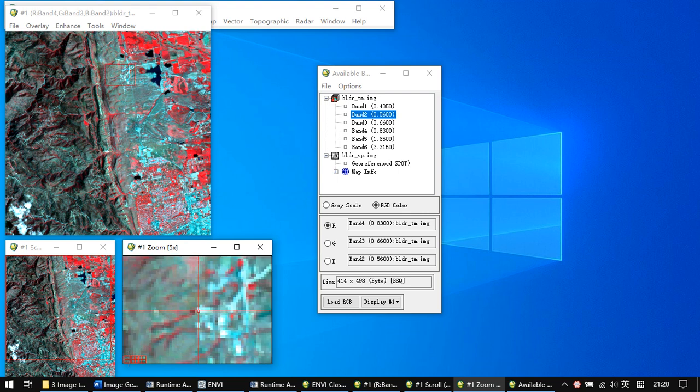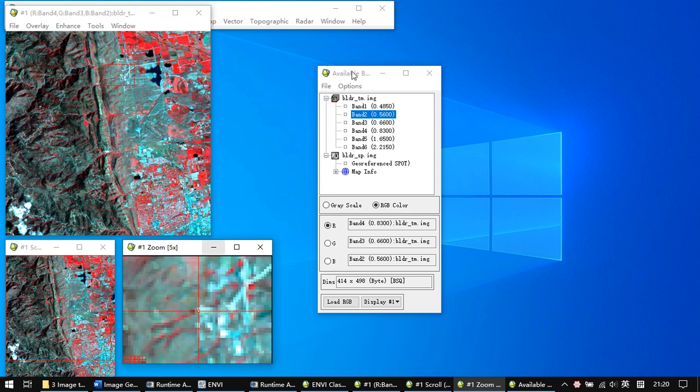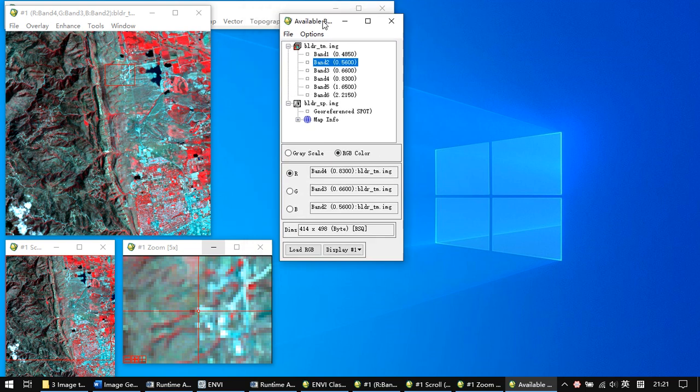Firstly, we need to open a new display window to display another image. If we want to display the SPOT image, we need to choose this one because it has only one band,